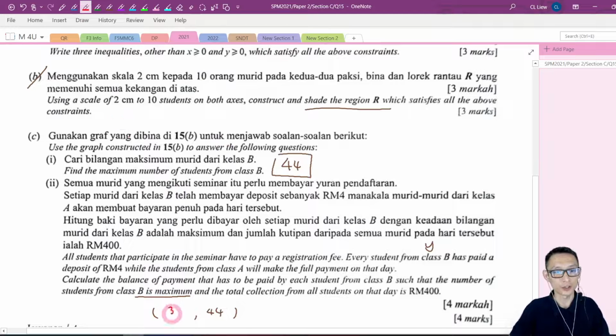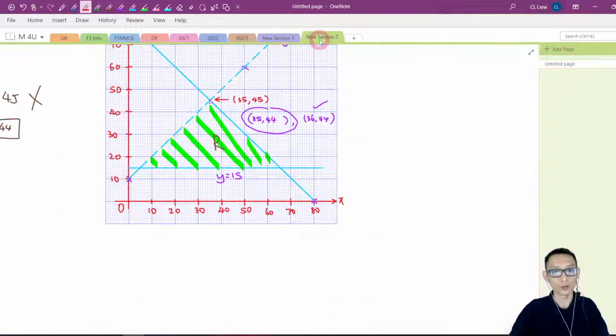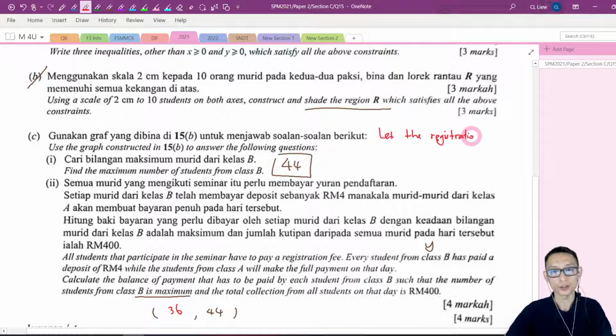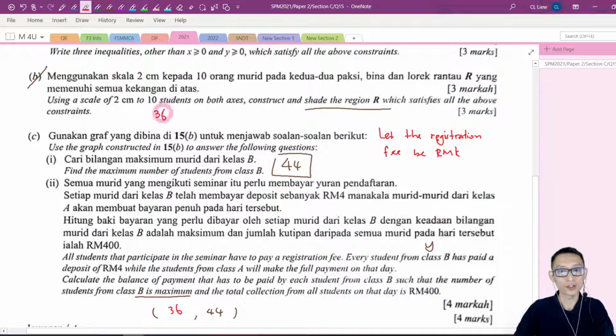So this is 36, 44, right? 36, 44. Yes, correct. Now, I will just let the registration fees be RM k. You can use any variable that you like. Okay, so I'm going to form an equation now. 36 is the class A students. They will make the full payment on that day, right? So 36 times k